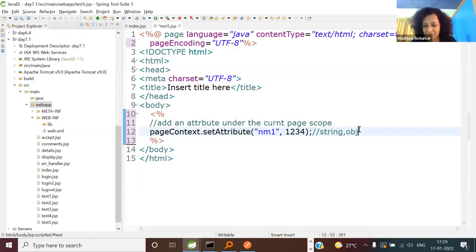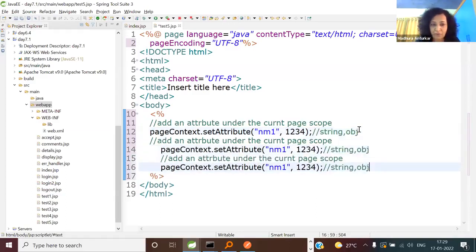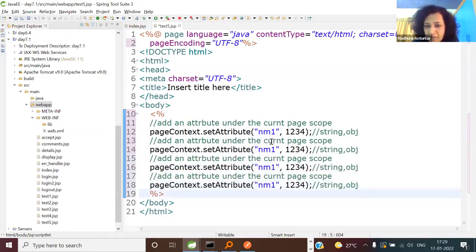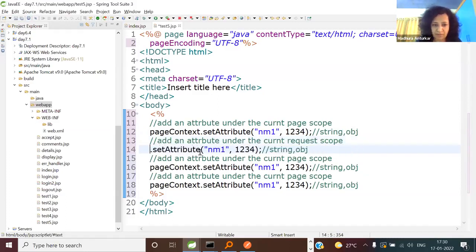Not the same thing, you know what I mean. The 4 different scopes. Add an attribute under the current request scope. I find that after doing this, typically the confusion goes away even for beginners. So please, no copy-pasting problems. Request.setAttribute, change the name to something, let's say. Values, I don't care. So add an attribute under the current request scope,